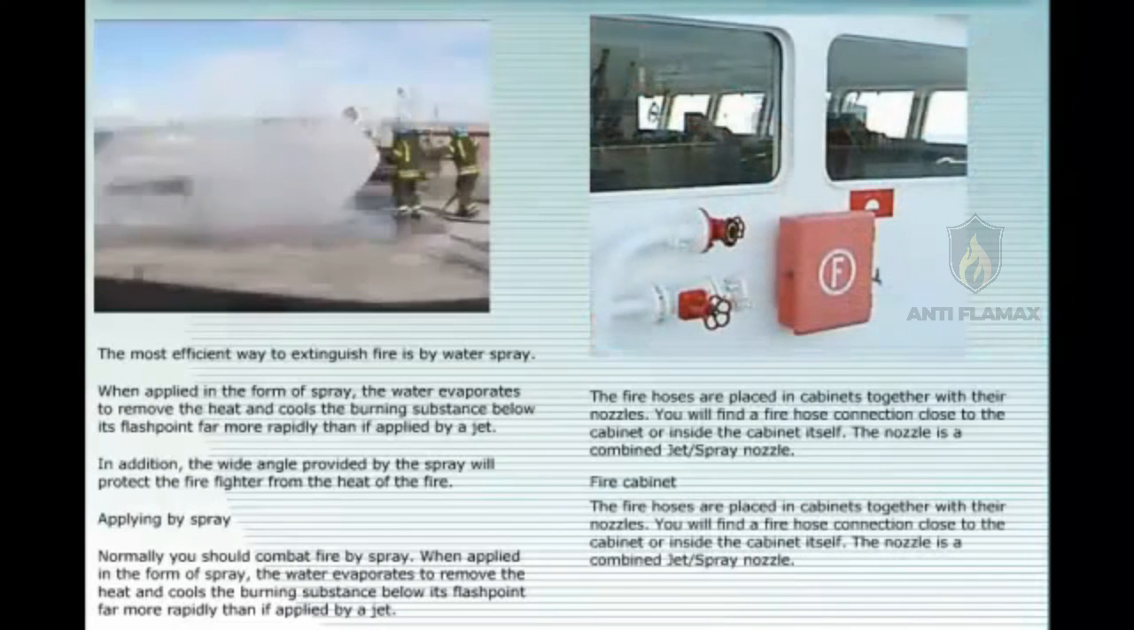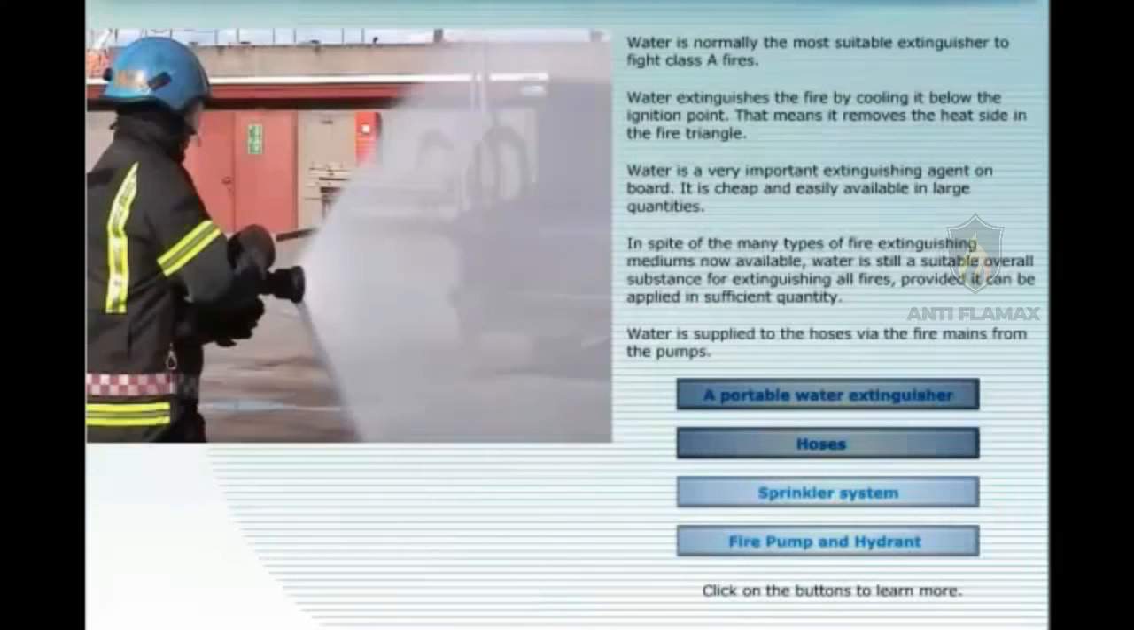Sprinkler system. A sprinkler system is normally used to protect the accommodation area. It extinguishes or prevents fire by spraying water from nozzles in the ceiling. Depending on the system, the sprinkler system is activated